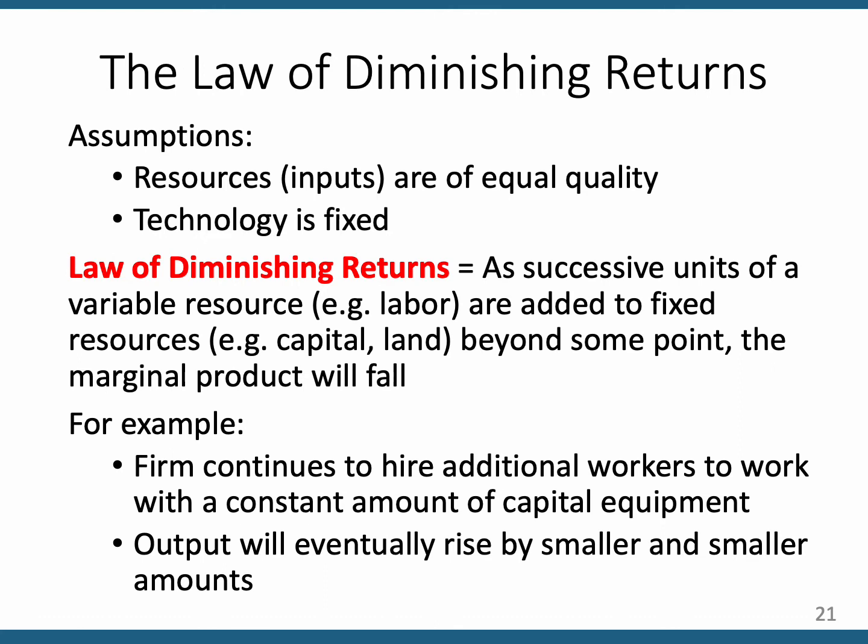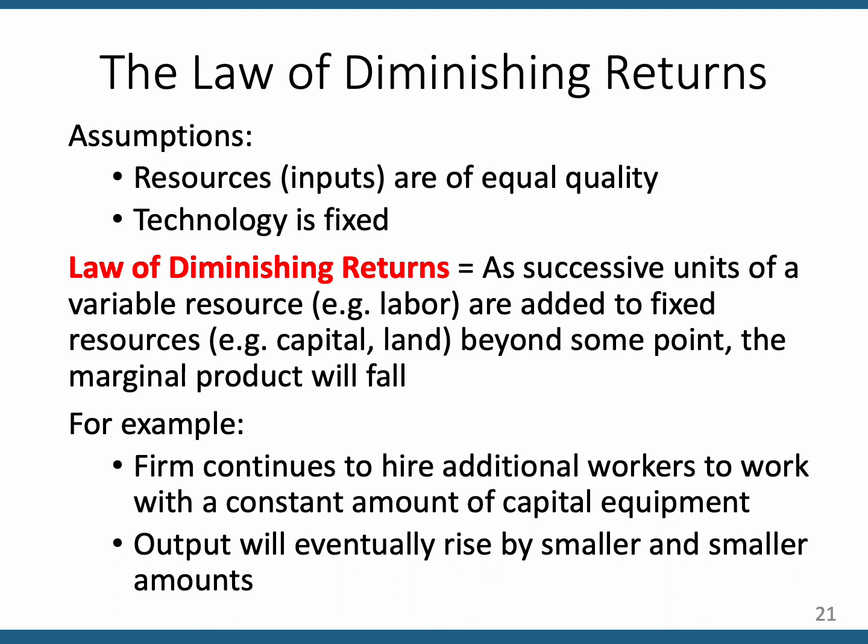So here it is, the law of diminishing returns, also known as the law of diminishing marginal product. We're going to assume the resources are of equal quality. We're going to assume that technology is fixed, meaning the production technology and the capital that you're using is not advancing. Now that is something that advances all the time, but we're just freezing that variable for now,